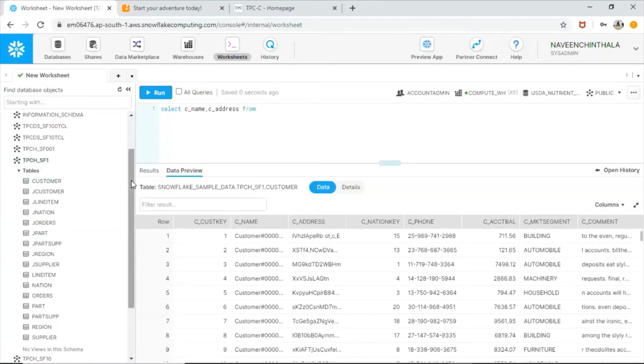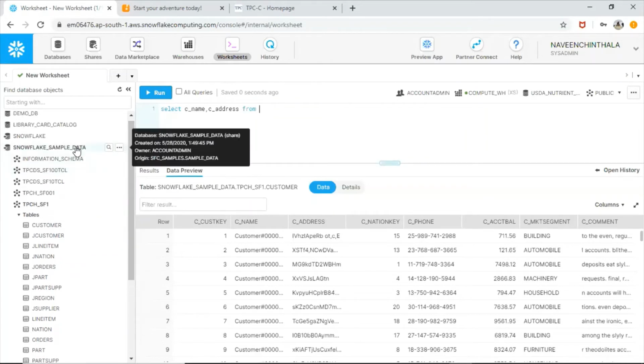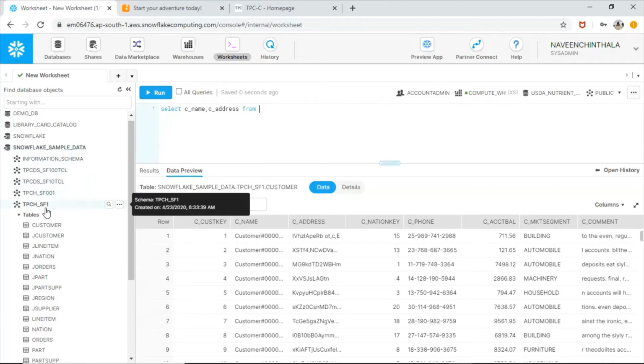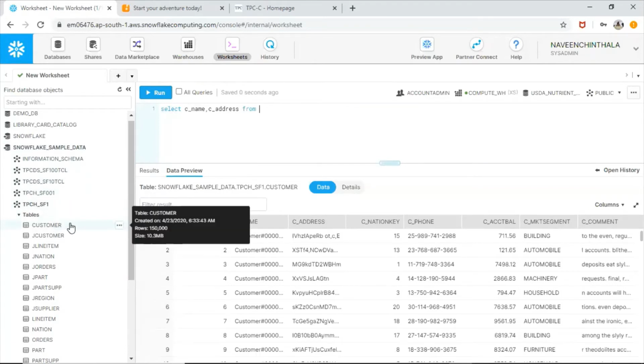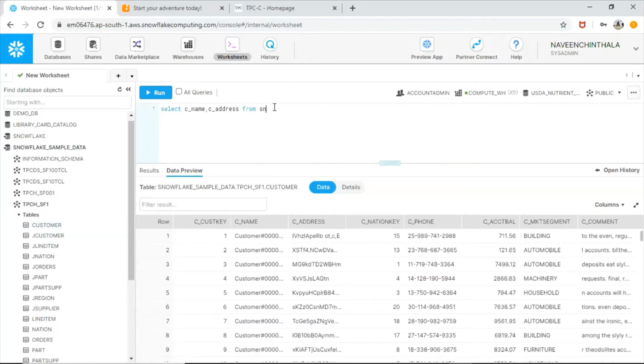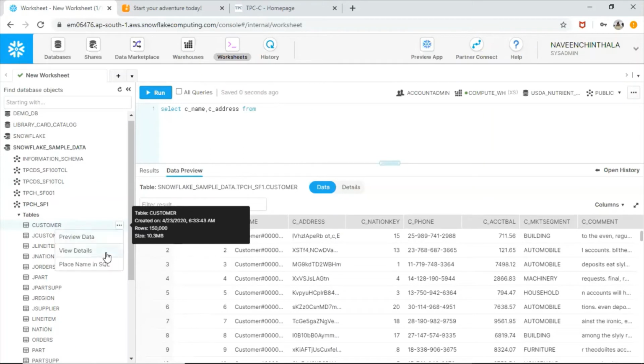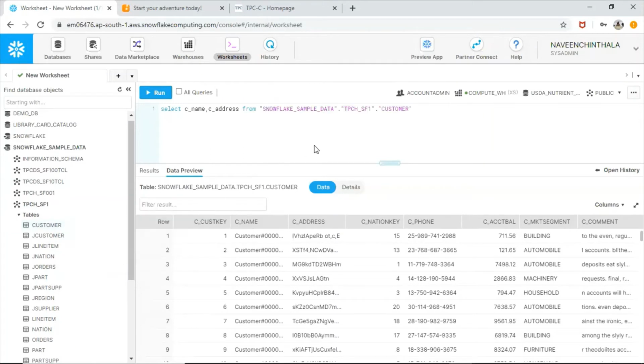I have to give the fully qualified name, nothing but the database name dot schema name dot table name. If I want, I can write down all those details, or else I can simply go to this and choose place name in SQL. Now see, that fully qualified name is pasted into our SQL page.